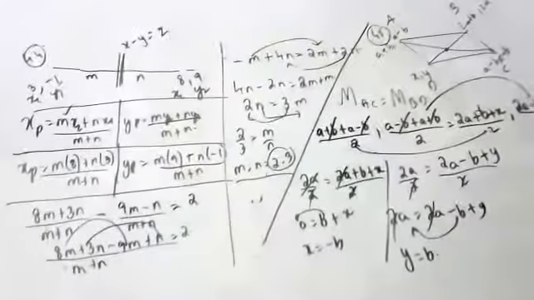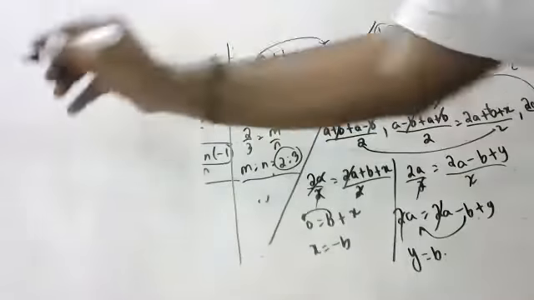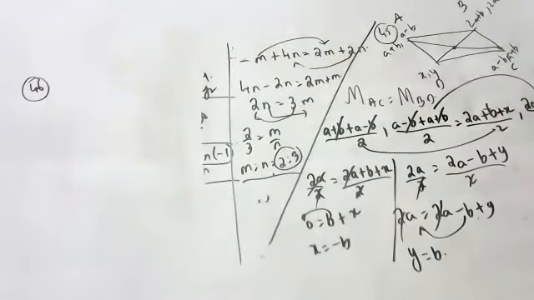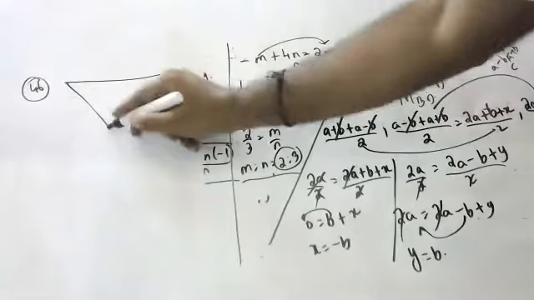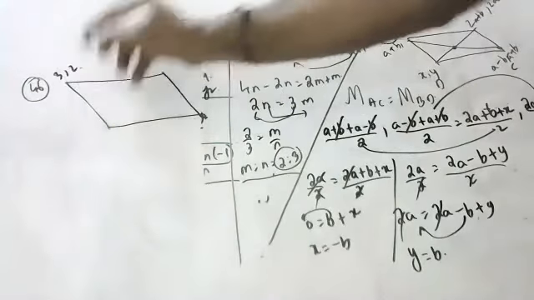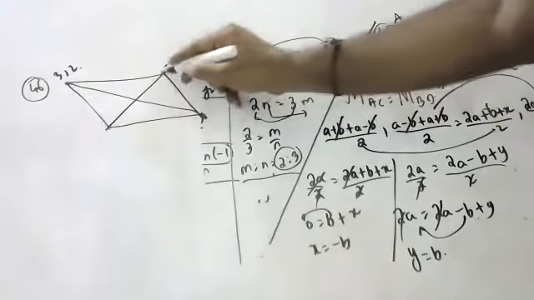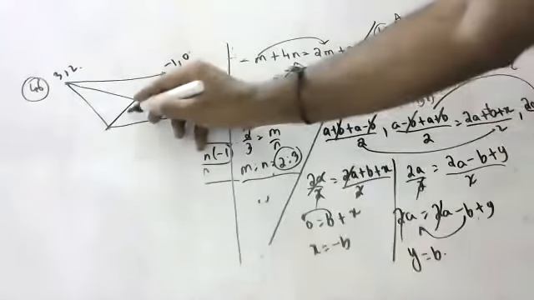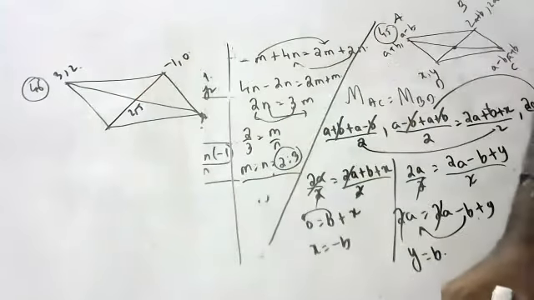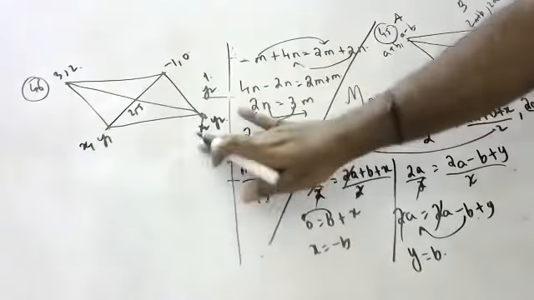Again, a parallelogram, diagonals. Children, same question, but with a little deviation. Two vertices of the parallelogram are 3 comma 2 and minus 1 comma 0, and the diagonals cut at 2 comma minus 5. Midpoint indirectly they give. Find the other vertices of the parallelogram. x1, y1 I want, x2, y2 I want.